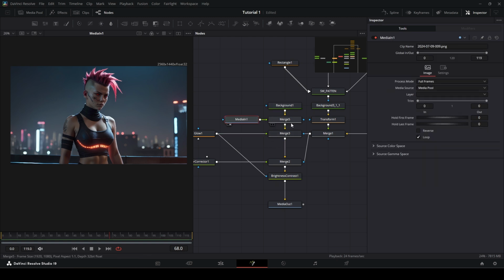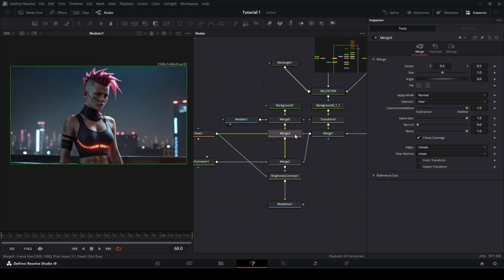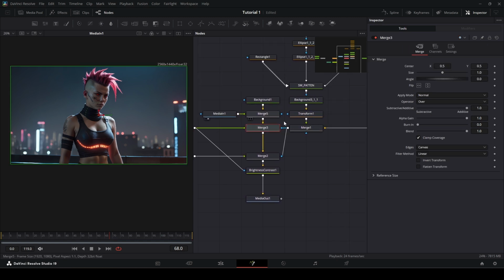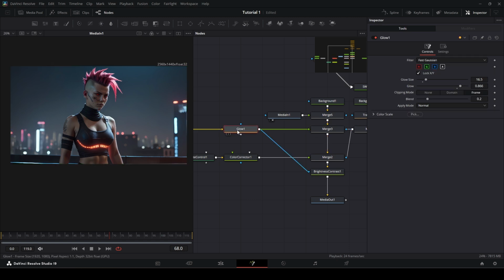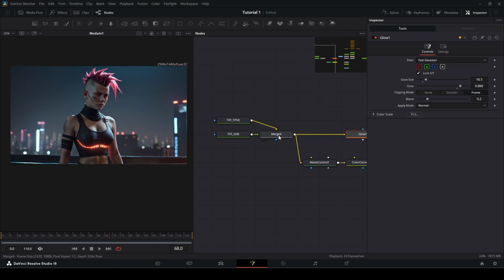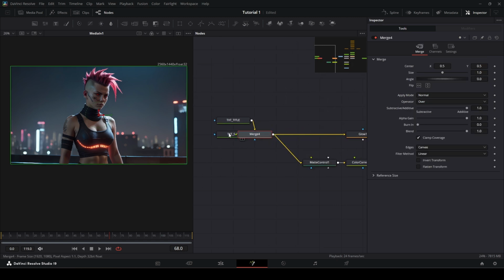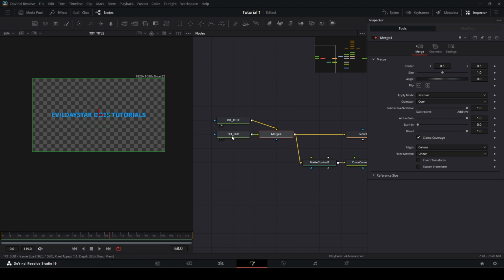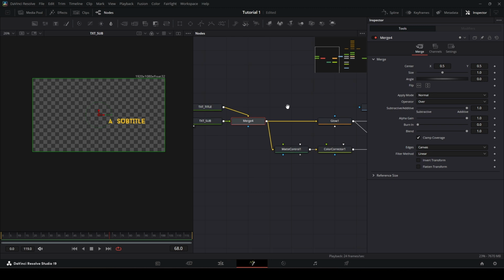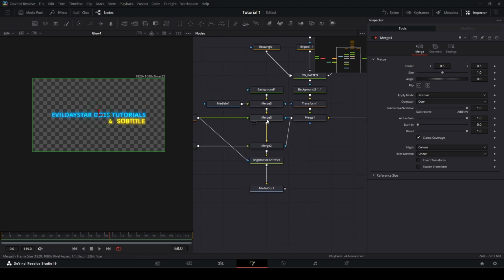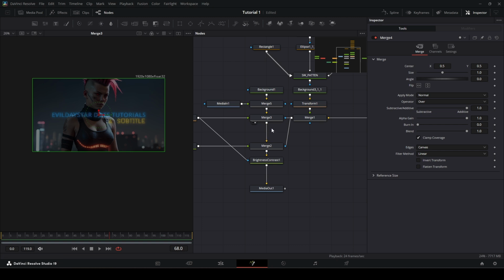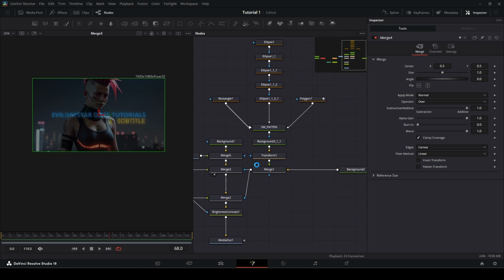Excellent. Okay, so I'm adding a photo. What am I adding on top of it? Okay, well, I'm adding something that's cut out. We'll take a look at the cutout in a minute. What am I adding? I'm adding something that's glowing. I'm adding a merge that's glowing, and that merge is this text and that text. Okay, so I'm adding those two texts together. I'm making them glow, and then I'm merging them on top of the image. And then on top of that, I'm